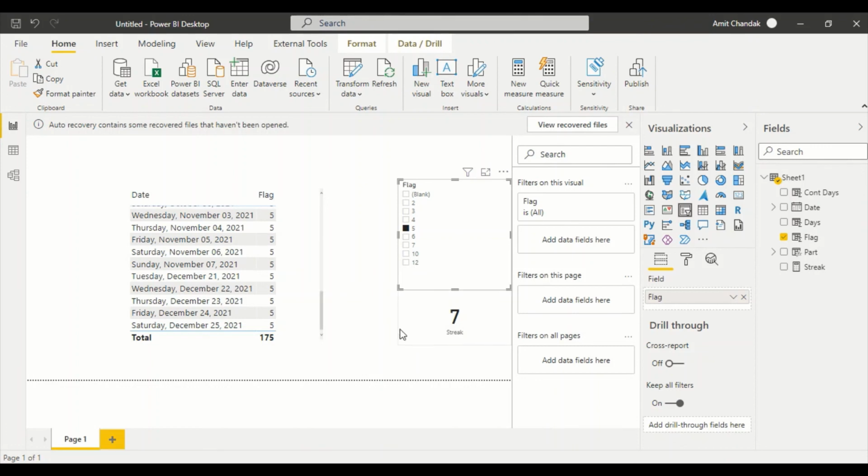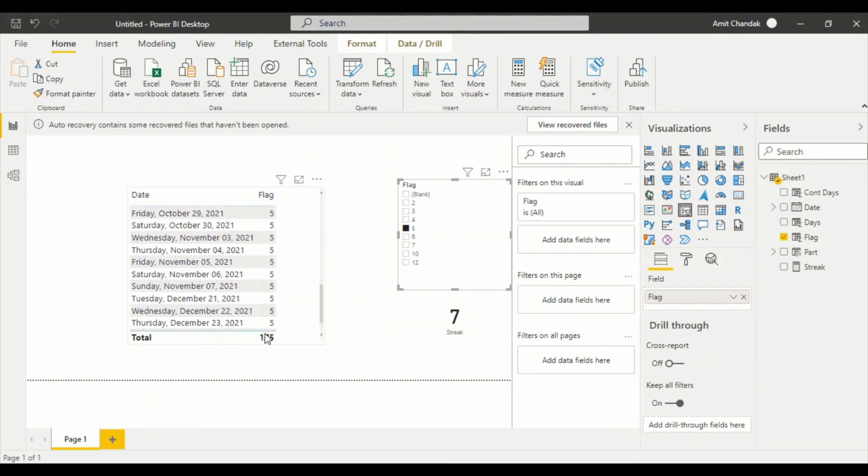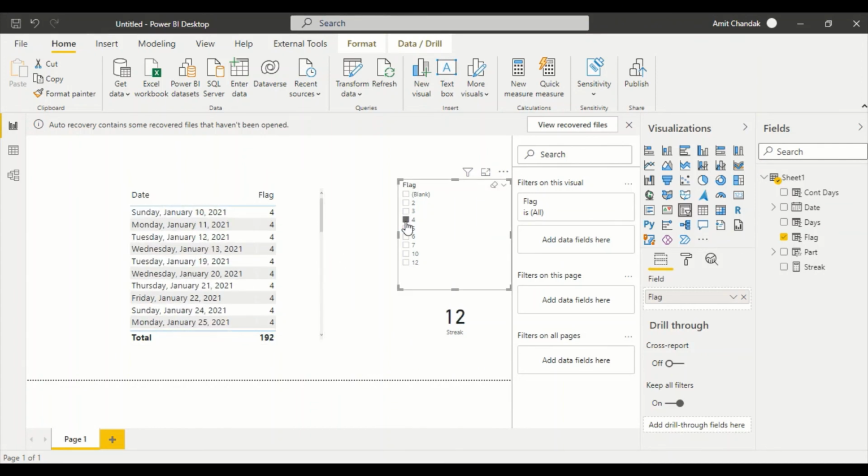But this number seems a bit different. Like this is 175, and you will ask why this is 7. So 175 is 35 into 5 into 5. This is adding the flag 5 times; 5 is the number which we have. Here it is basically 12 into 4 into 4, 48 and 192. Similarly, it is 22 into 3 into 3, because it is adding 3 three times. So don't get confused that way.